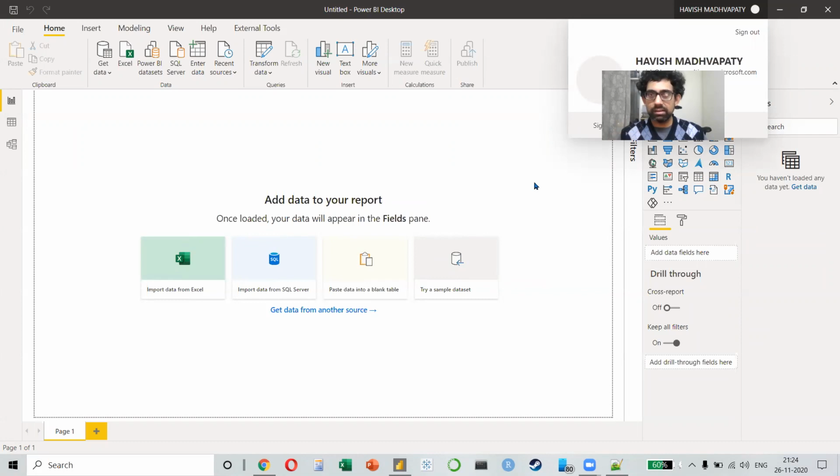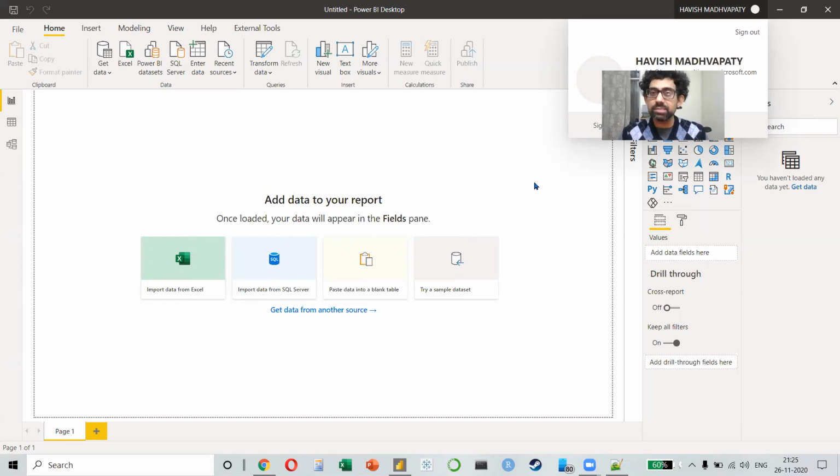So let me be very clear about it. I am working with a pro license, but that doesn't mean that I have any feature that you do not have. Every single thing that we will be covering today, how to connect to the data, how to clean it, how to transform it, how to model it, write formulas, create visualizations, create custom visualizations, and create a dashboard. Every single thing you all will be able to do on your own as well without any problems.